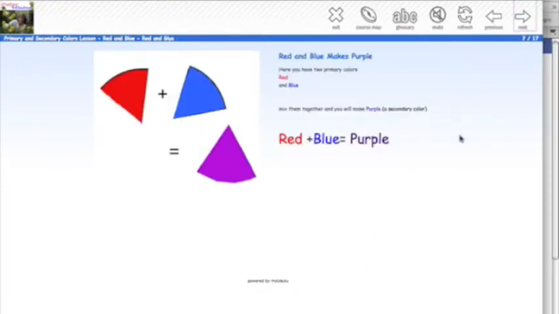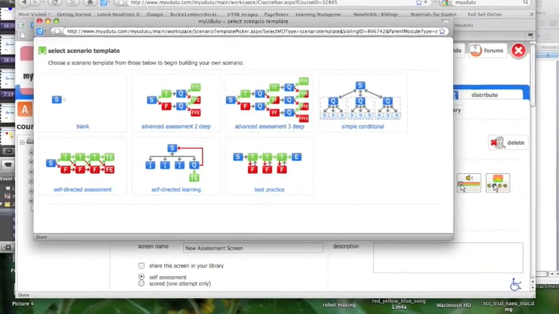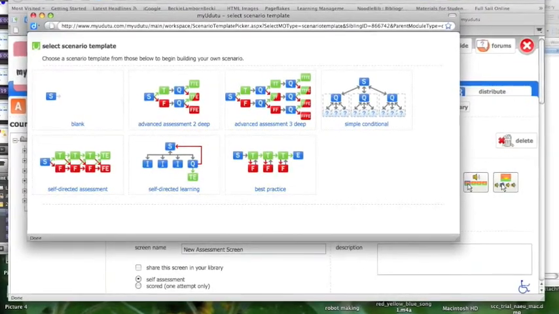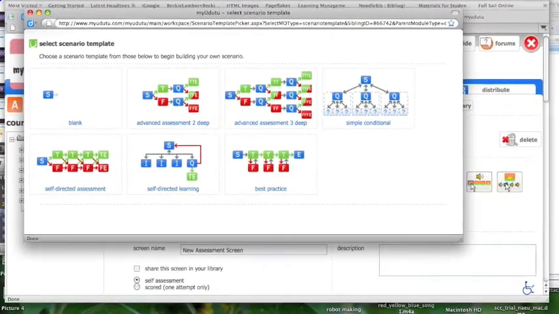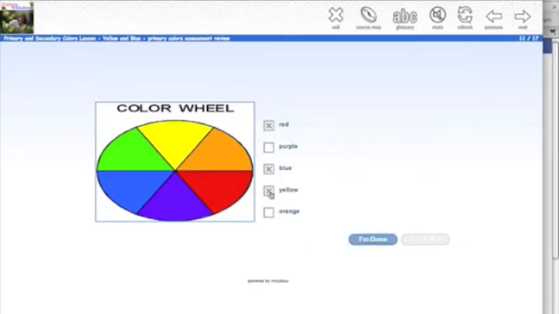I chose a basic scenario, a simple conditional, and this allowed students to progress through the interactive media pages and course information, and then once they were assessed, they moved forward to new pages. One other assessment tool I used was a single image with a list of answers that the child could choose from, and again, if they chose right or wrong, they would move forward or get a chance to review backward